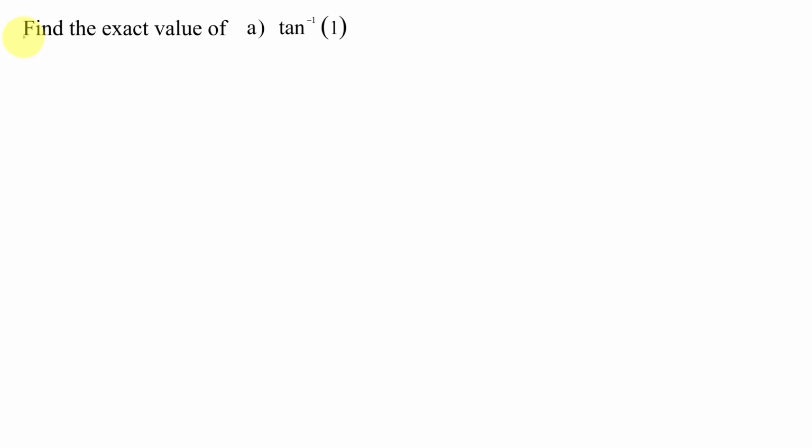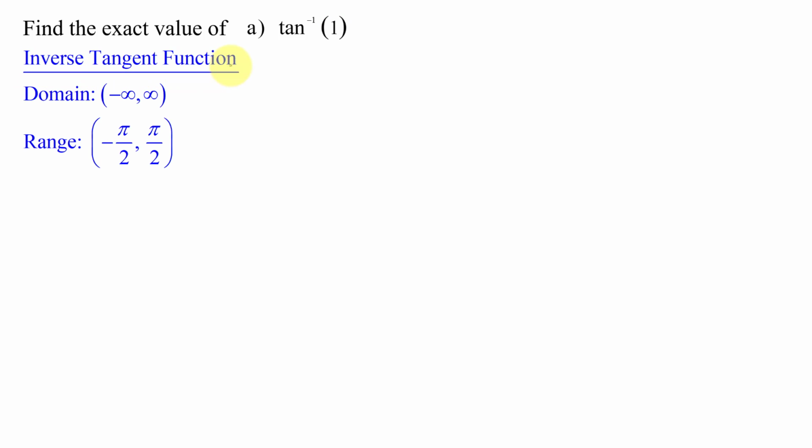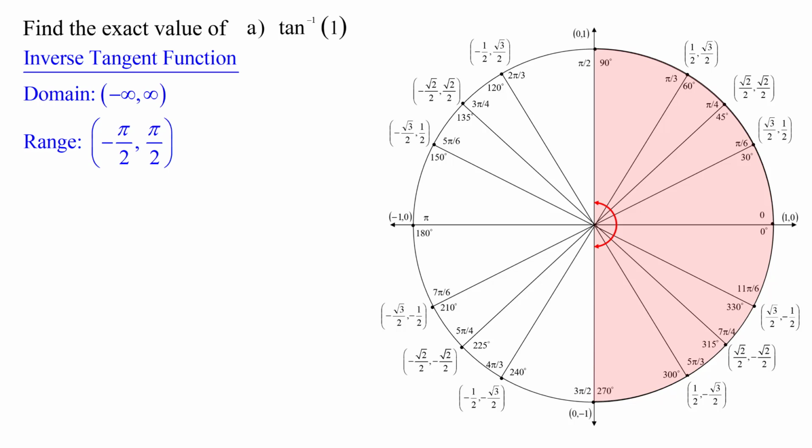In this example, I need to find the exact value of, in part A, the inverse tangent of 1. So quickly reviewing the inverse tangent function, the input values, or the domain, is the set of all real numbers, and the output value, or the range, are angles in the interval -π/2 to π/2, but not including the two endpoints. So what this means is I'm looking for an angle somewhere in the shaded region here on my unit